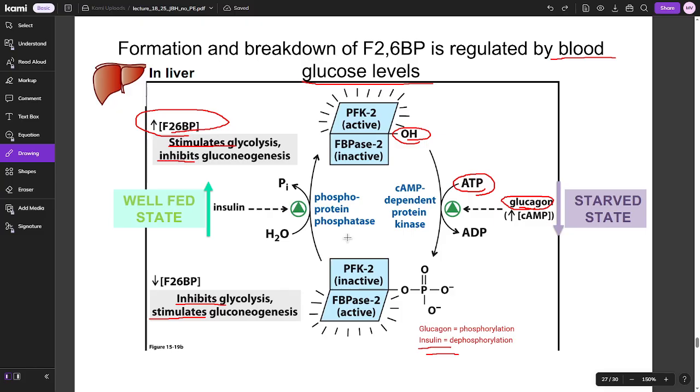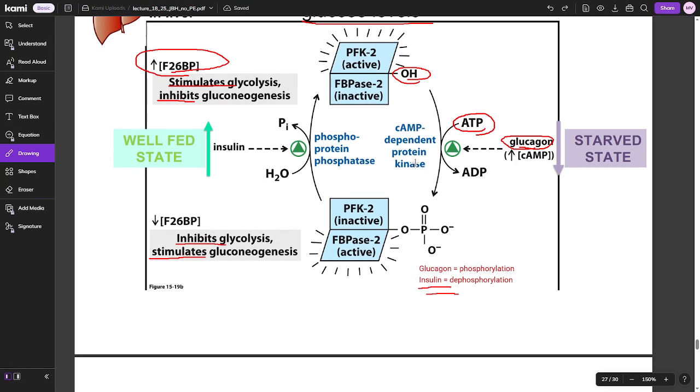It would activate this phosphatase, and it would turn it into this form, where now the PFK2 is active. So you can basically use these rules to guide your intuition or thinking